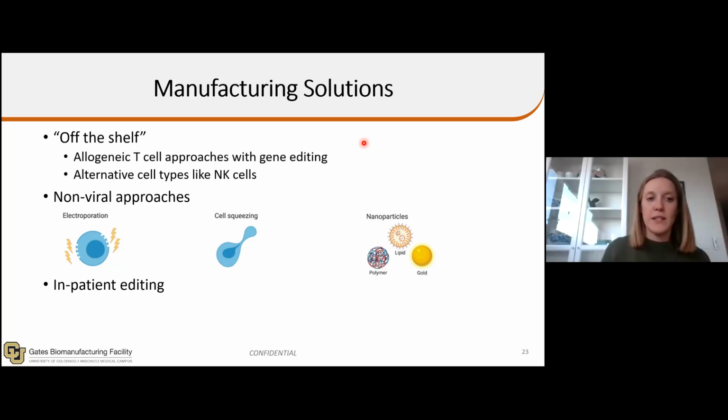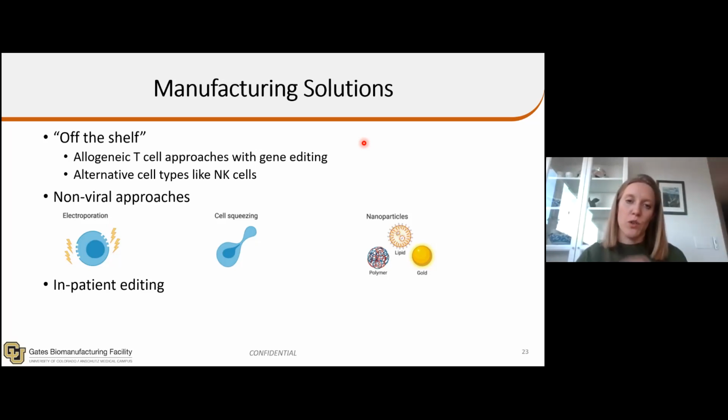Then another huge expense is the virus. So we use virus in order to introduce that molecule, the genes, into the T cell. And so there are several non-viral approaches. These are three that I'm familiar with. So there's electroporation, where you're introducing genes and shocking them into the actual nucleus. There's cell squeezing, and then there's